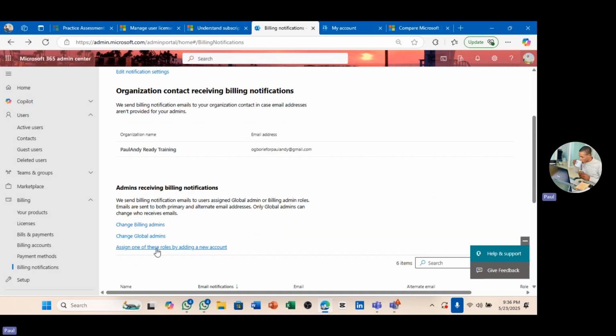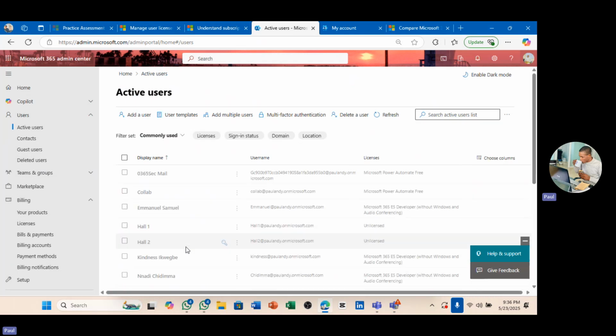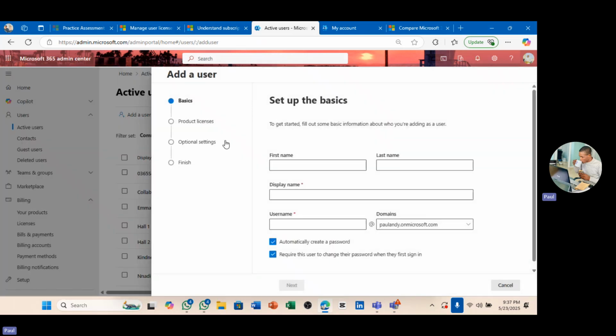Yeah, no, I said so. Assign one of these roles by adding a new account. Perhaps I don't have the person, or the person is new and will be joining my organization soon. I can choose to say, okay, go and add the person and give them the role. So if I do add user